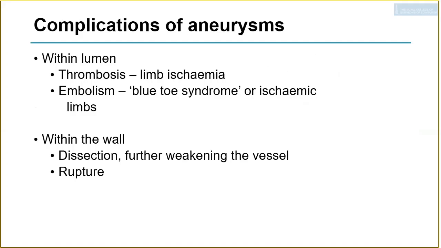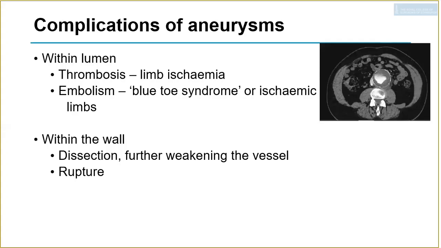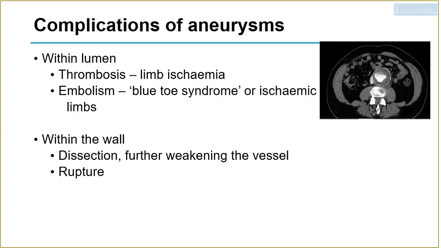Now, in the preceding few weeks, we talked about causes of bowel obstruction, and we can classify that into within the lumen, within the wall, and outside the lumen. And I'm going to teach you a simple way of remembering complications of aneurysms. We can classify them easily into complications arising from within the lumen itself. We can get thrombosis within the aneurysm. I've certainly seen a 9 centimeter aneurysm that's completely thrombosed.